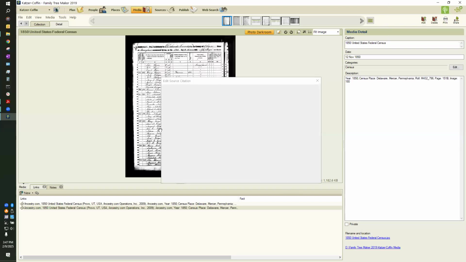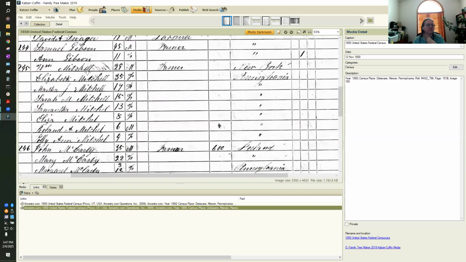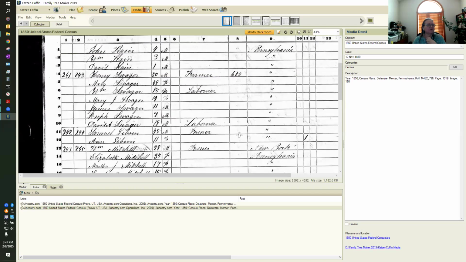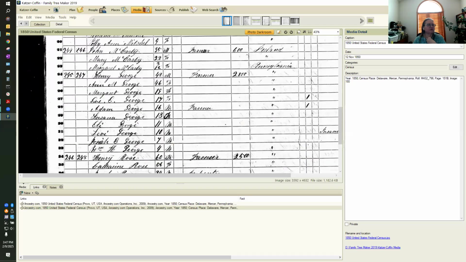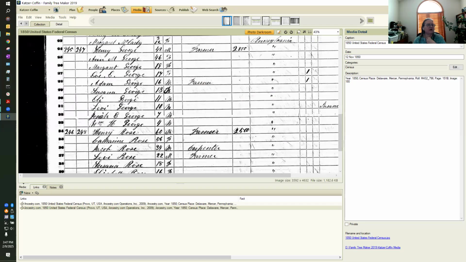But if I look at the image here, let's look at the image. Henry, Sawyer, George. Here's the family. I don't have it attached to everybody in the family. I only have it attached to Henry and Josiah. Here's Josiah. He's the 7-year-old. So I've got some work to do if I really want to use this, link it to the census record for all of the people in the family,